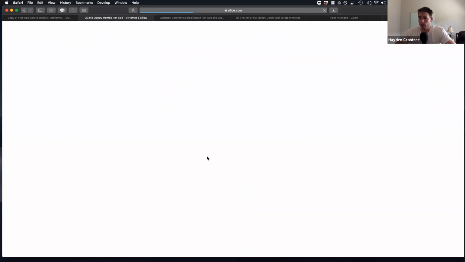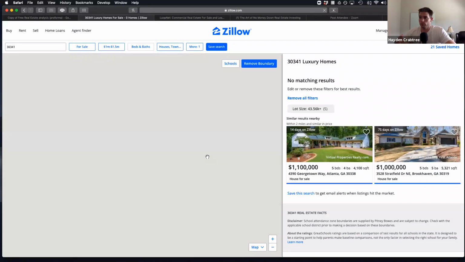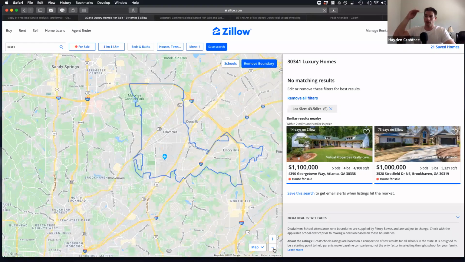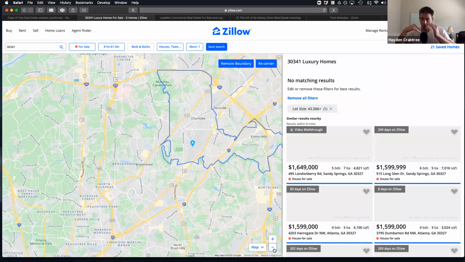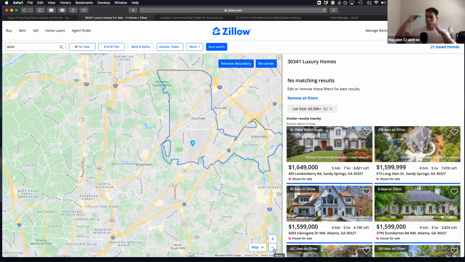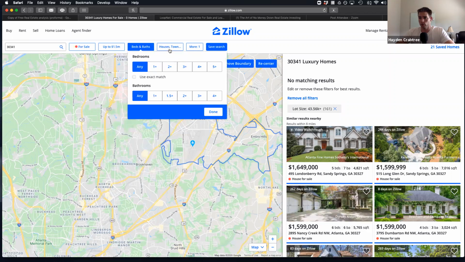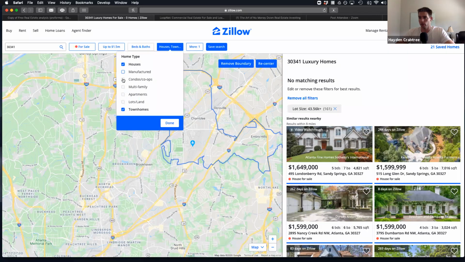What we're going to quickly dive into is if you're looking for rental property, you may not always want to look in certain zip codes, because whenever the price ranges get so high, the rental rates, a lot of people have heard of the 1% rental rule, the rental rates are going to be different in varying levels. So what we may want to look at, let's just go all price ranges here, and let's do houses, manufactured